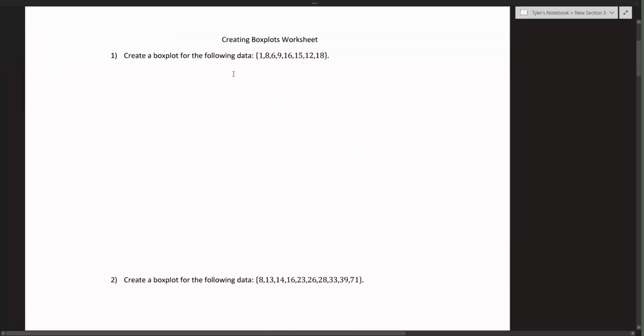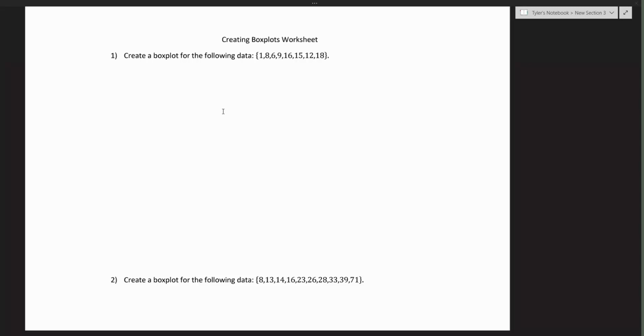So this first part, we're going to create boxplots. I have three examples. The first one's more basic, and then we'll get maybe a little more difficult, right? So if we look at the first data set, one thing that you'll notice is that it's not